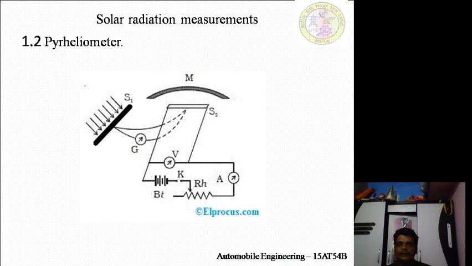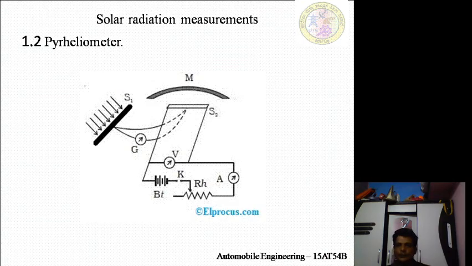Now the figure shows the pyrheliometer, an instrument which is used to measure direct radiation at regular occurrences. This is used with a tracking mechanism to follow the sun continuously. Its responsive wavelength band ranges from 280 nanometer to 3000 nanometer. The unit of irradiation is watt per meter square.